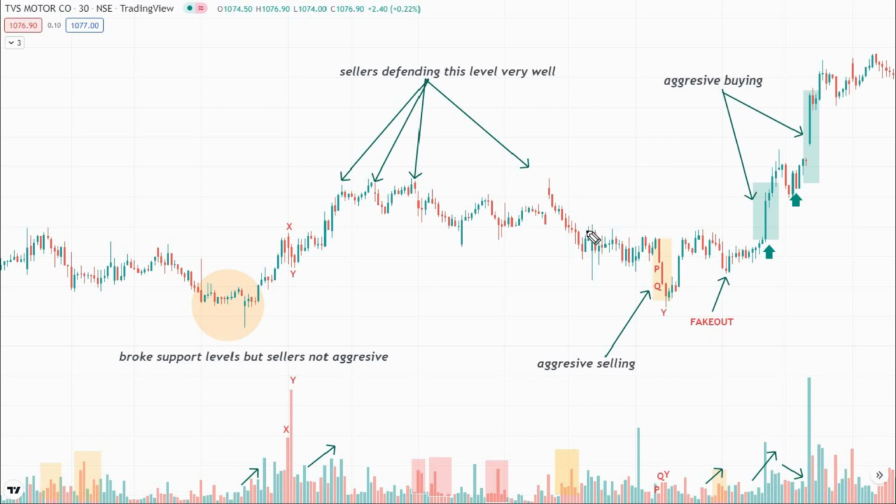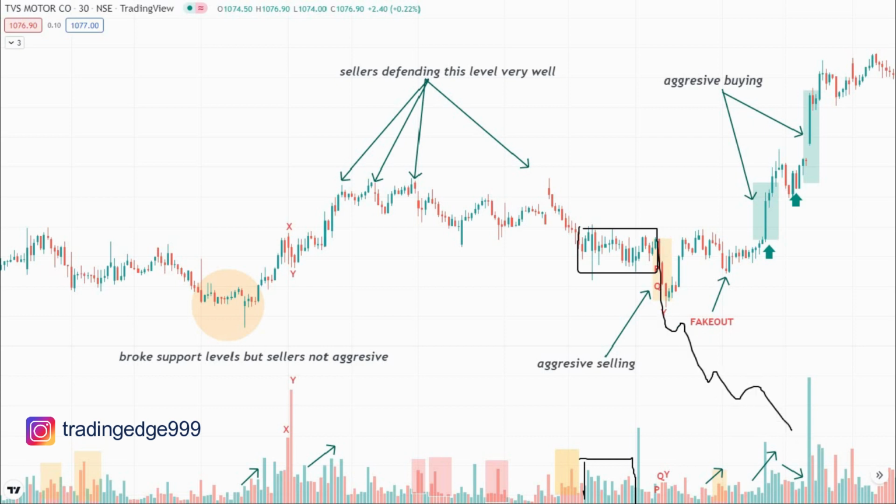Okay, after this consolidation phase with a swelling of the volumes, what is our expectation? Our expectation is that prices now should go towards the downside. Why? Because see, from here,